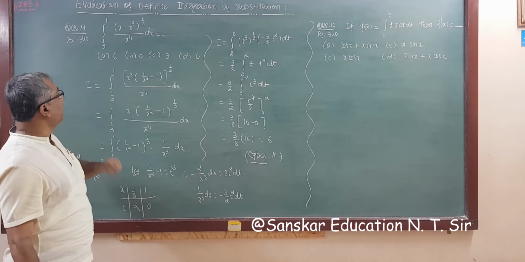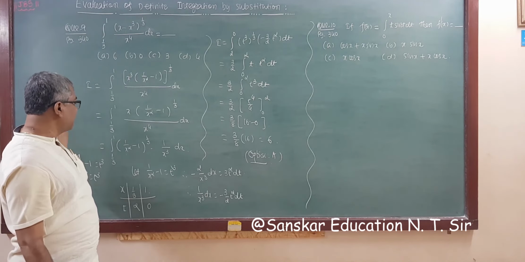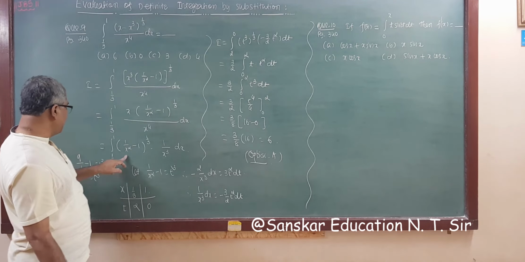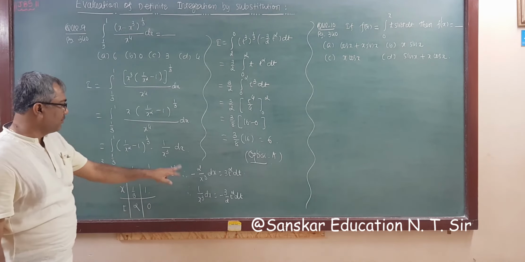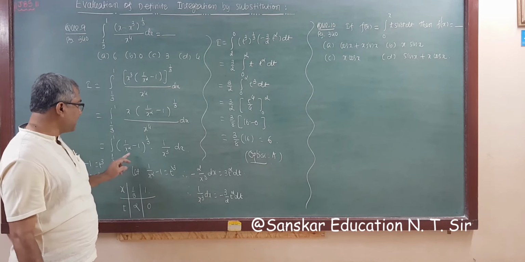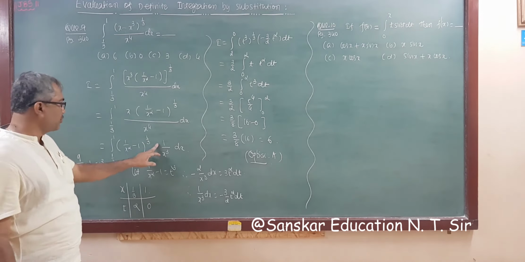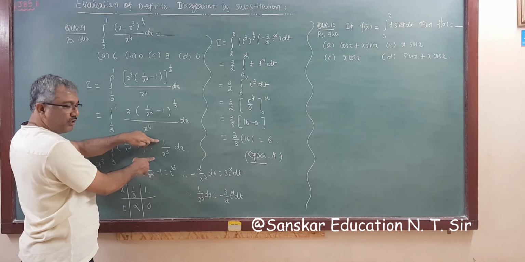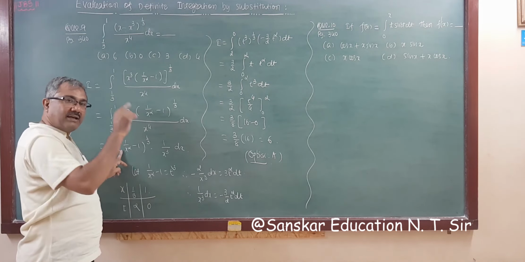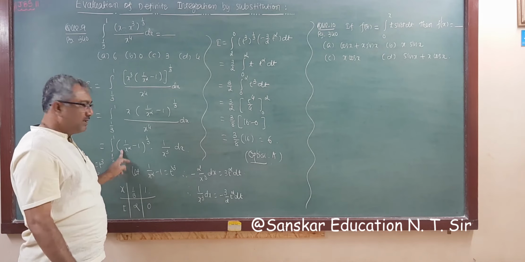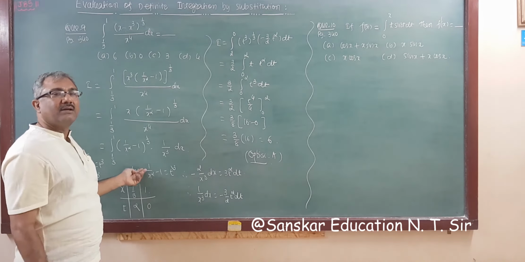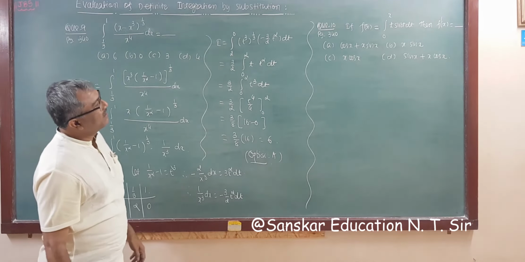Now the second method. If you want to write the answer directly without assuming from here, then what is the derivative of this? The derivative of this is minus 2 by x cube. So 1 upon x cube is already there, so divide and multiply by minus 2. You will get the f(x) into f dash x formula, so power 1 upon 3 plus 1, then you can get the answer easily.